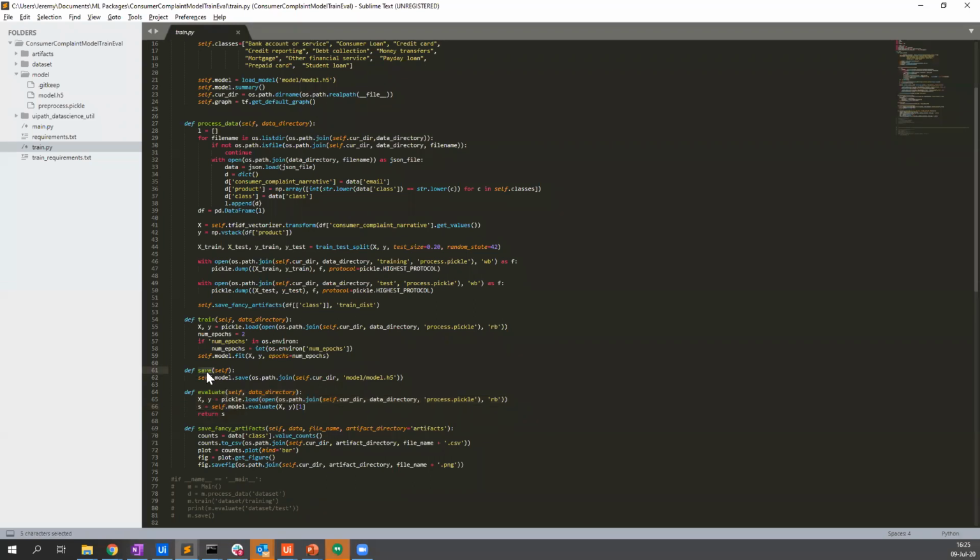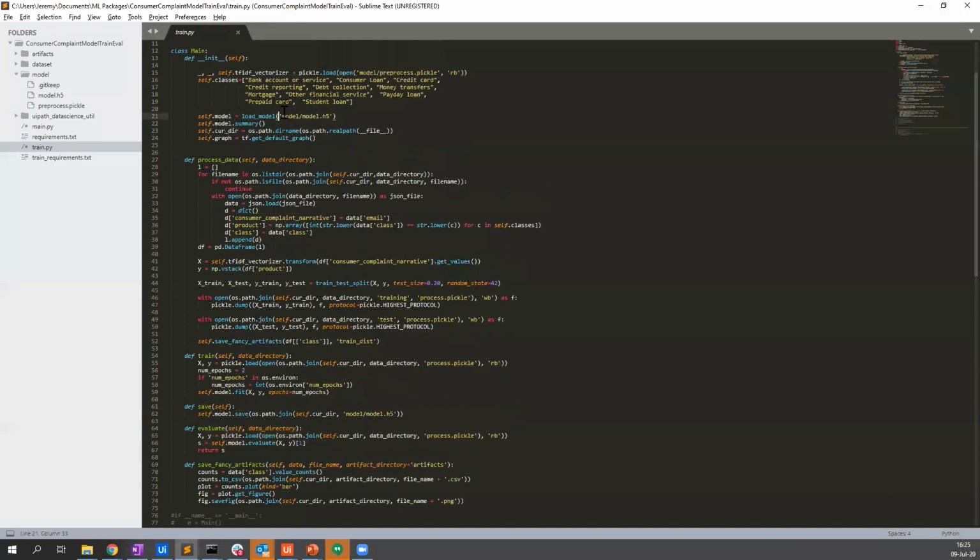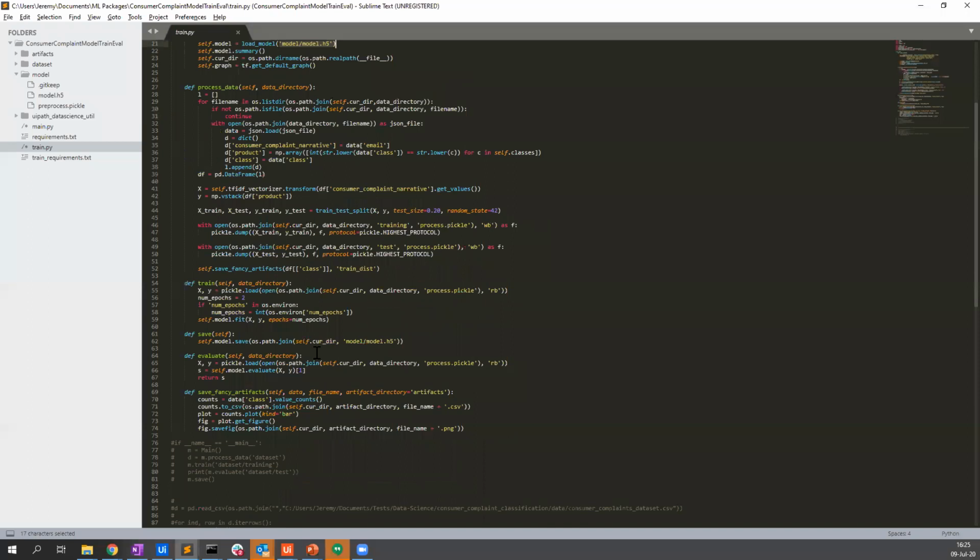Of course, we need this save function, which is basically saving the model. You train the model, and then you need to save it locally, because as I said before, you can put the model wherever you want, but because of that, you need to tell us how to save the new version of the model. As you can see, I'm loading the model here, and I'm just overwriting it with this function. So it's really nothing complicated.